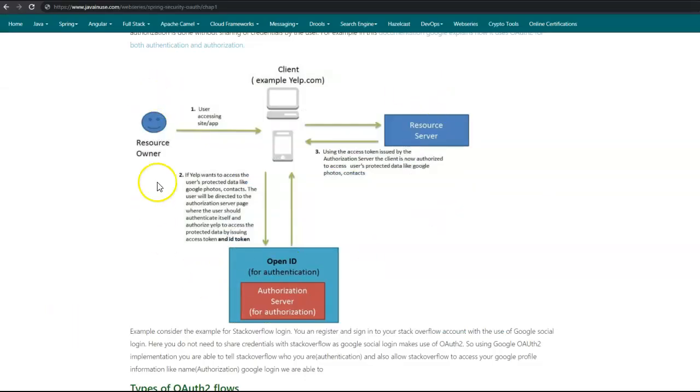This workflow is similar to what we had seen before, how OAuth2 is used for authorization. The difference is that now OpenID is built on top of OAuth2. So along with authorization, OAuth2 also provides authentication. If we use only authorization, then OAuth2 provides the access token. Now since we are also making use of OpenID, it provides the ID token. The access token contains what yelp.com is authorized to access from the resource server, whereas the ID token authenticates that this particular resource owner is the one who he claims to be. So now our authorization server provides both the access token and the ID token to yelp.com.